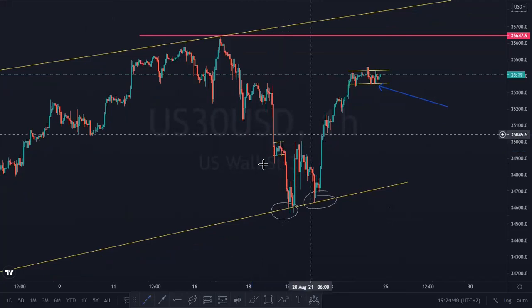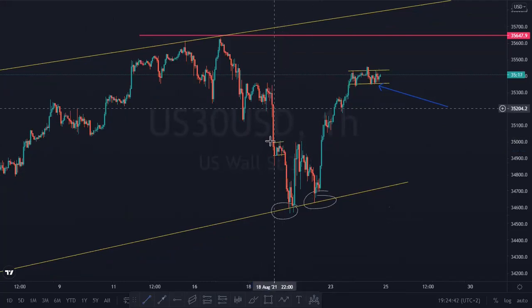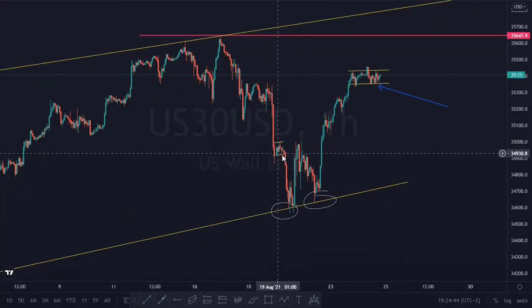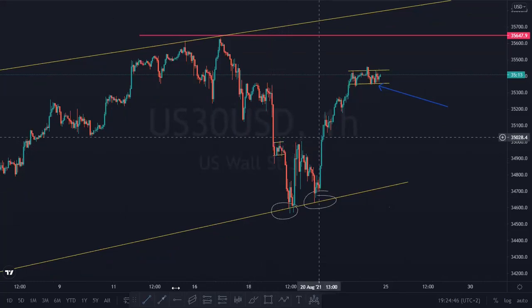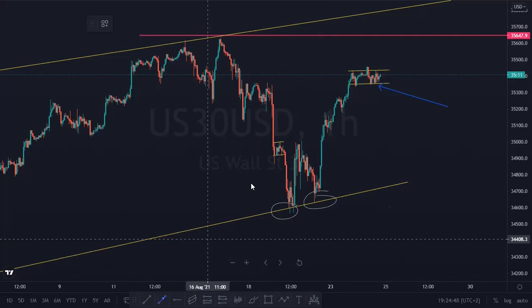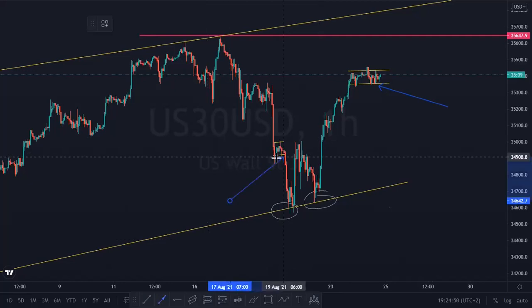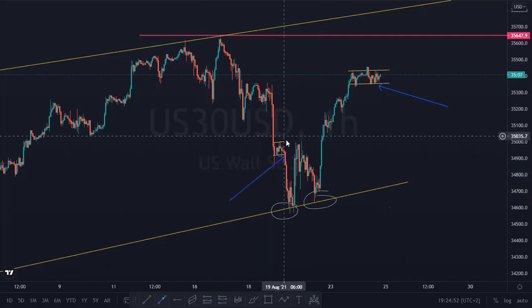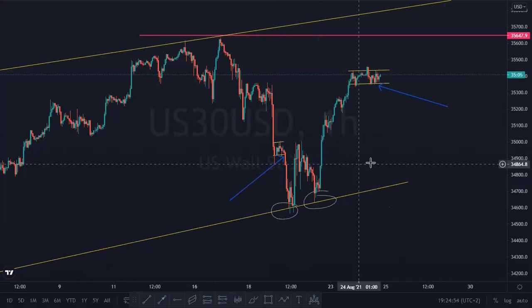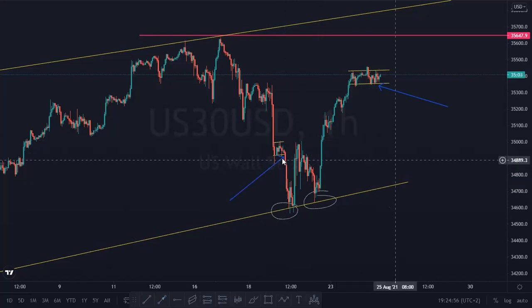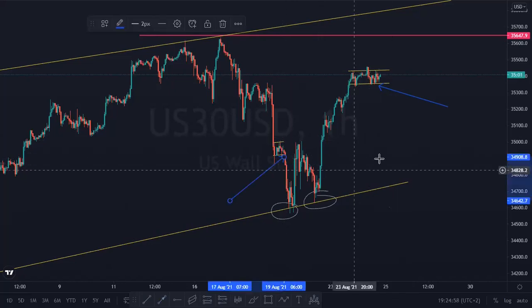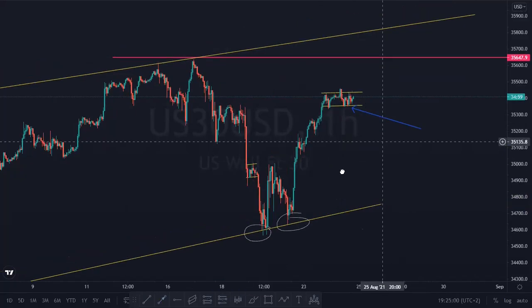There's a correction, meaning here now: impulse, correction. You enter just below here, and your stop loss is just above here. That's it. Okay. That's it. So now we can see that we are here on